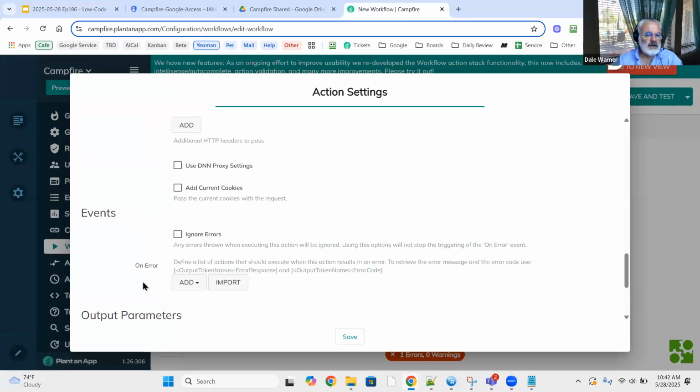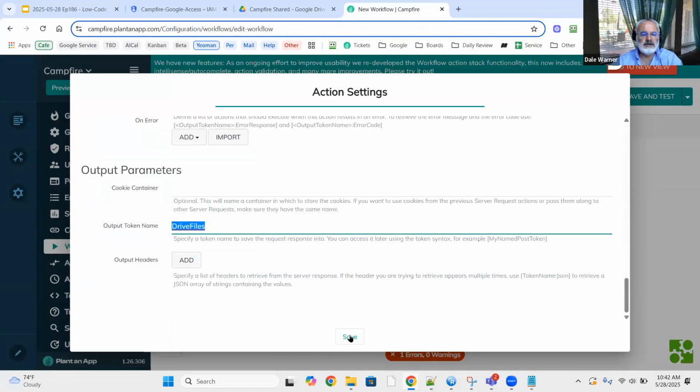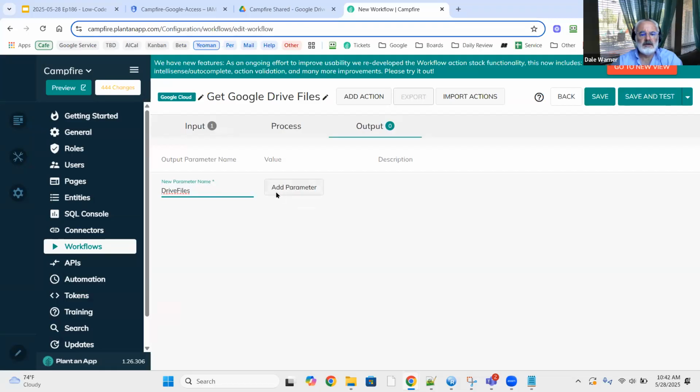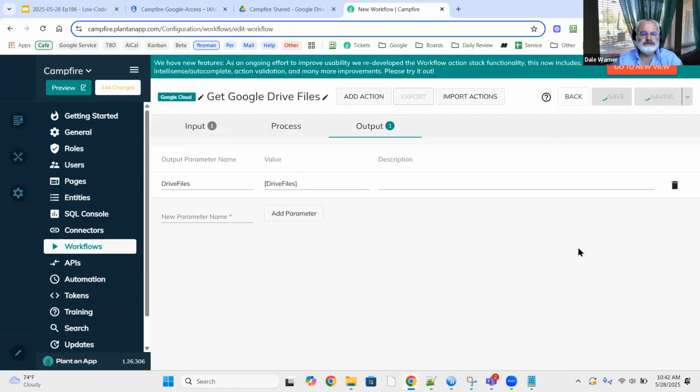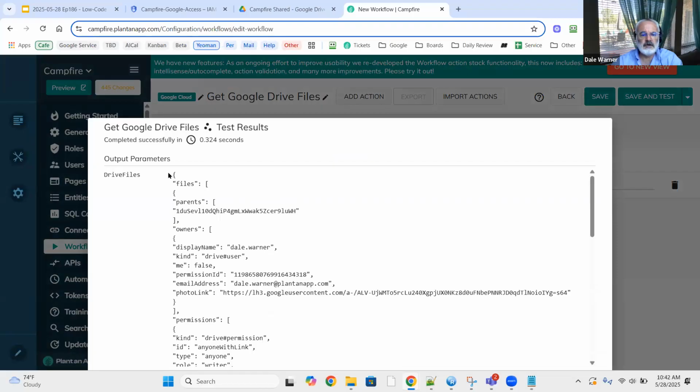And then the last thing that we need is an output token, and I'm going to call it the drive files. And that's it. So get my drive files, just one action in here, and then I'm going to output that token as well, also calling it drive files. So let's save and test. The folder ID is the one that we previously set up as the default, so we can just click run, and we get a nice long output